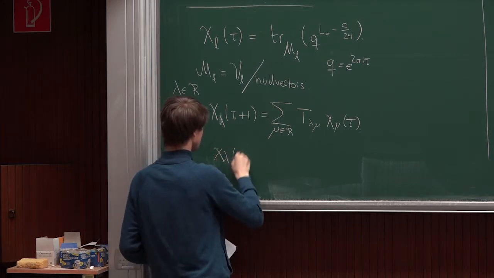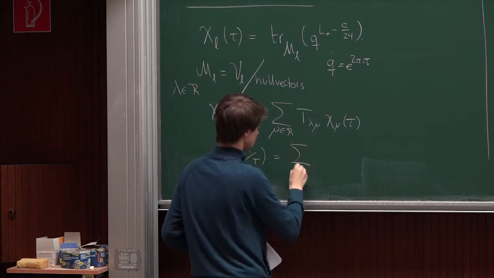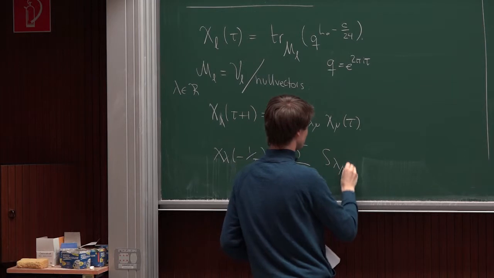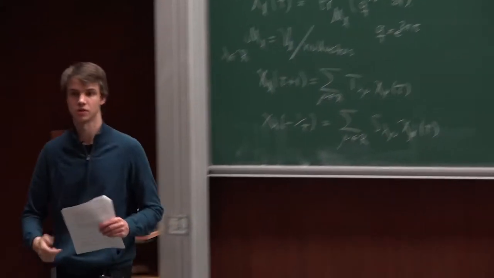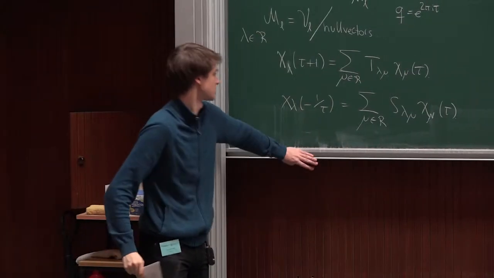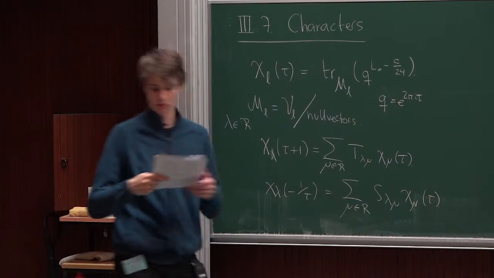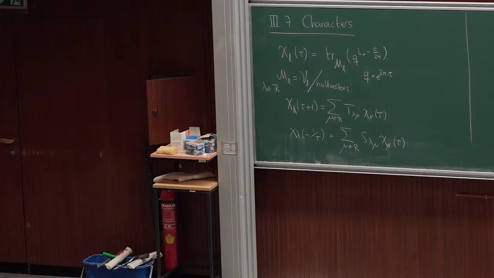And T is pretty boring. I think Sylvain didn't even introduce the T because it's just a bunch of phases. But the S matrix is much more interesting. So you have these nice modular transformation properties. Now you just have one copy of these. You don't have a q and a q bar yet. Right, I will put them in.